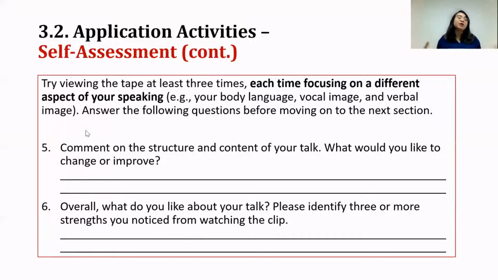No, there must be something good, at least something good. But I believe that there are more than just 3 good things about the student's performance. Well, that's the end for section 3 about application activities,